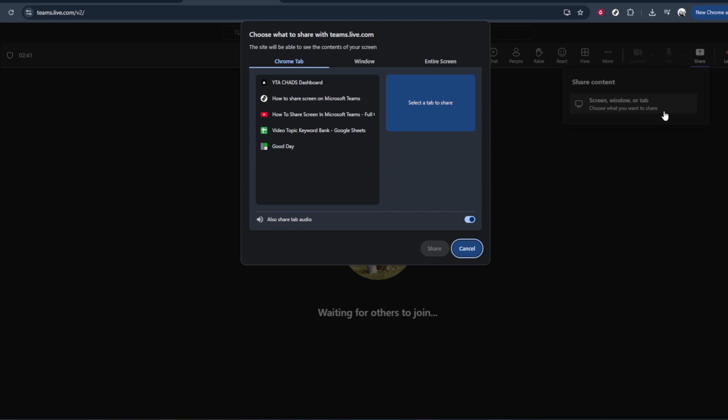If you choose Window, you only share a specific application, such as a single document or program. Even if you move other windows over it on your own computer, your audience will only see that